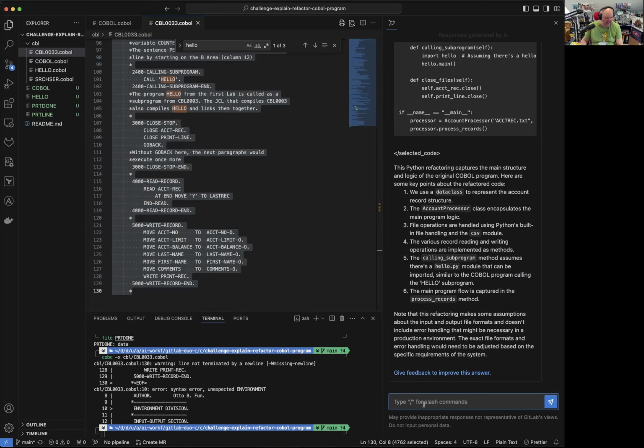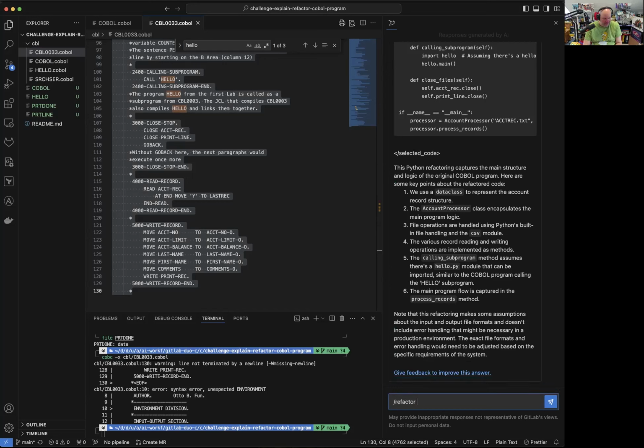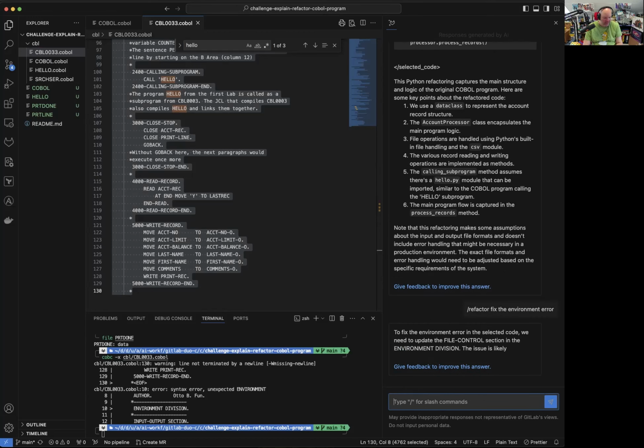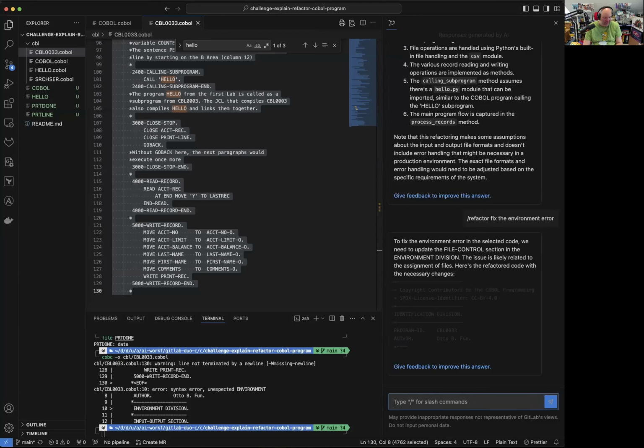For now, let's say I want to, because fix doesn't exist yet, but we're working on that, we can use refactor, the workaround, and say fix the environment error. And then hope it works. Oh, it's actually now fast again. Probably